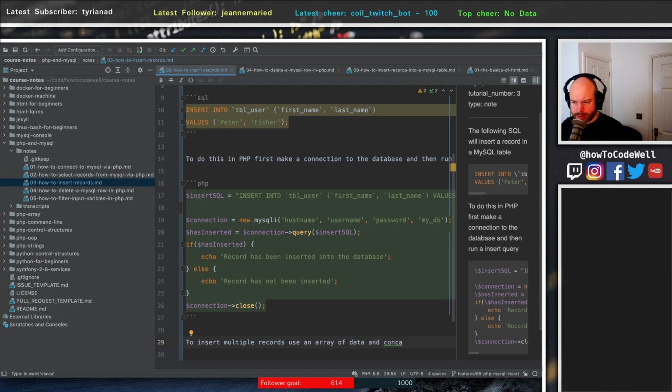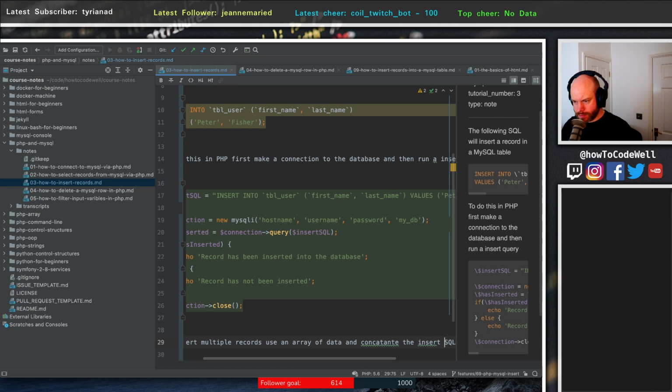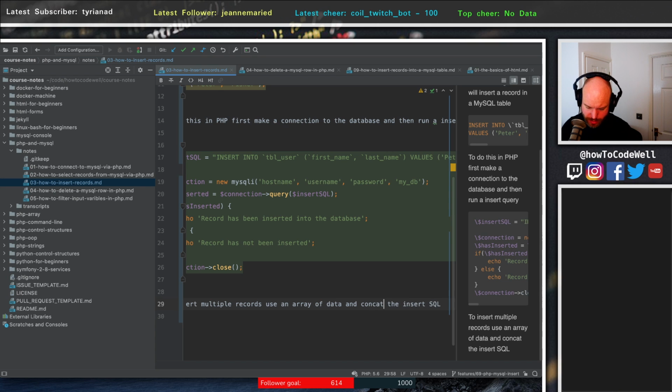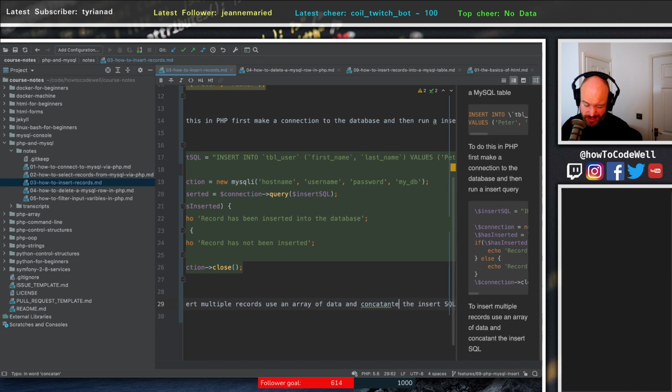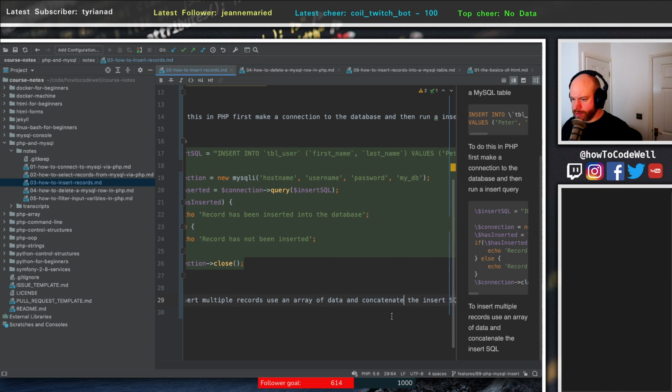concatenate the insert SQL. I can't spell concatenate. Okay, so